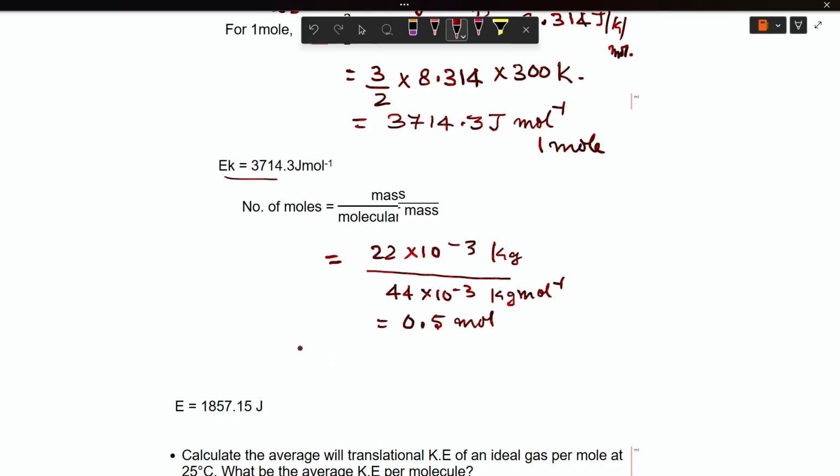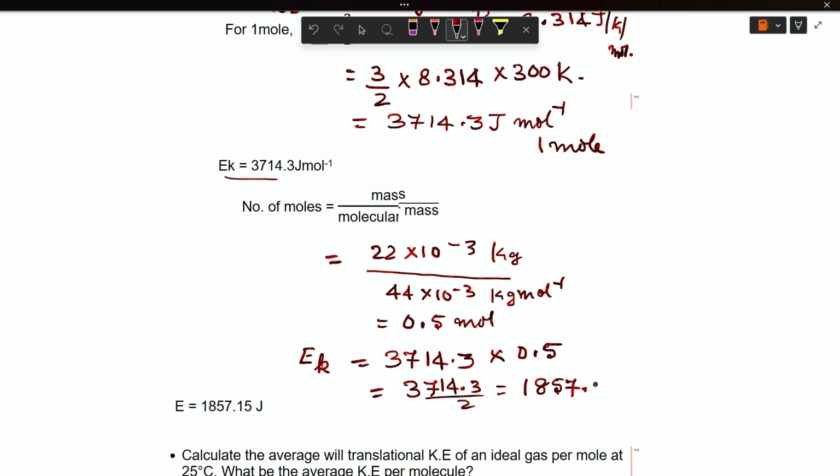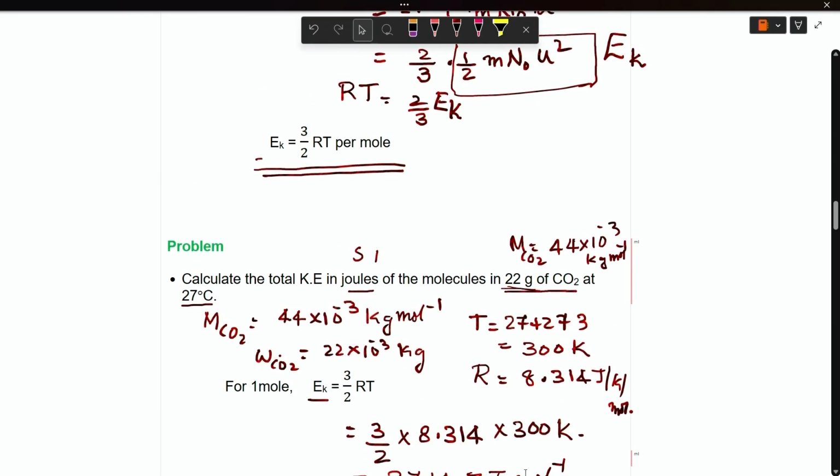So, multiplying this value, that is E k, will be equal to, for 1 mole it is 3714.3, that is 1 mole. So, for 0.5 it will be multiplied by 0.5, which gives you 3714.3 divided by 2, and the answer will be 1857.15 joules. Hope it is clear, because they are asked to find out the kinetic energy of all the molecules